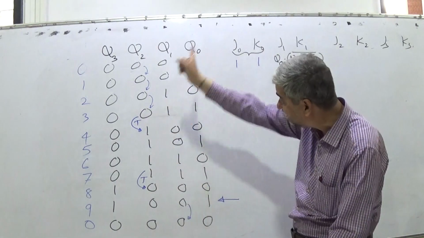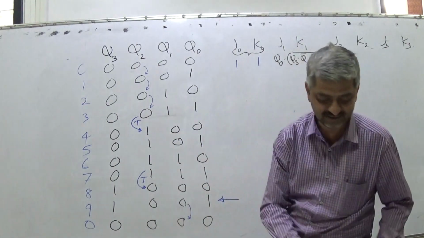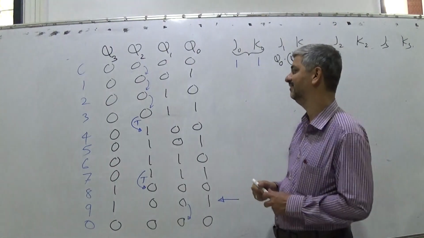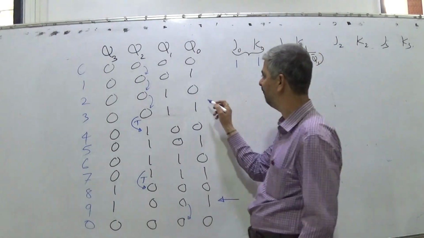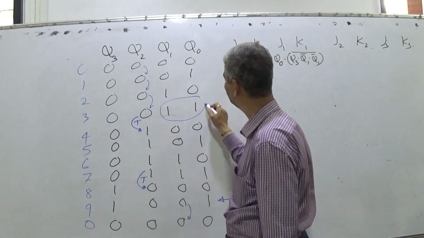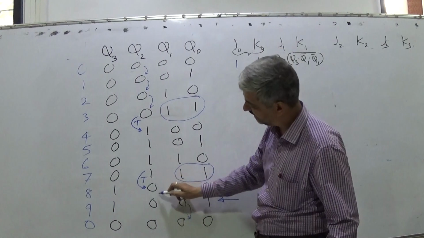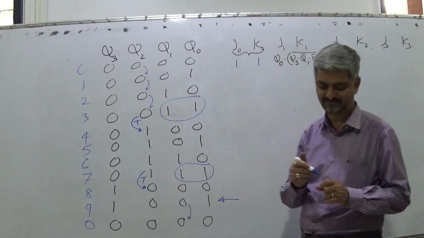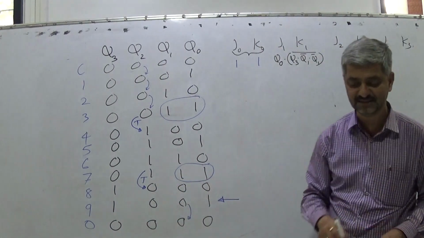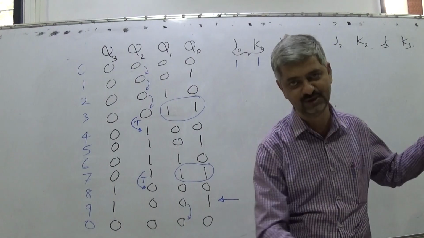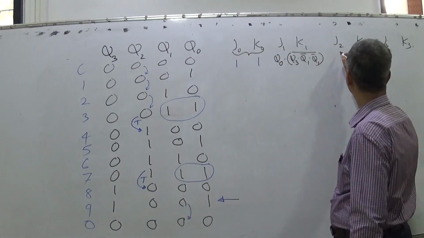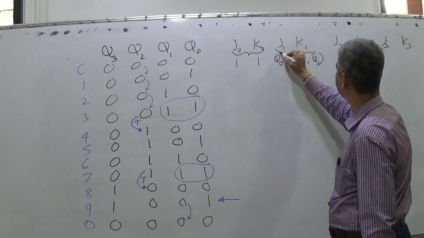What is similar in this entire thing is that without much logic, you find when Q1, Q0 are 1, 1, that time toggling takes place, and in all the rest of the cases it is the last state. So straight away you can say that J2 and K2 both are same.